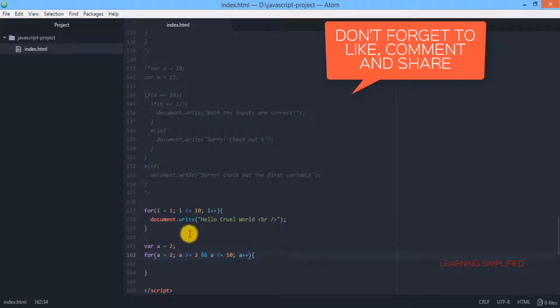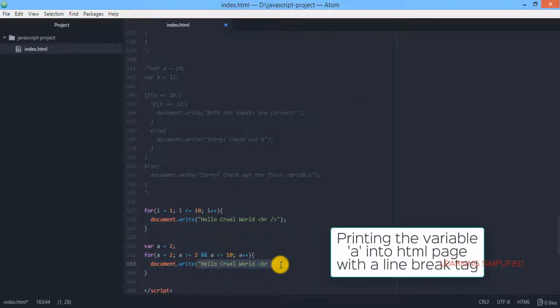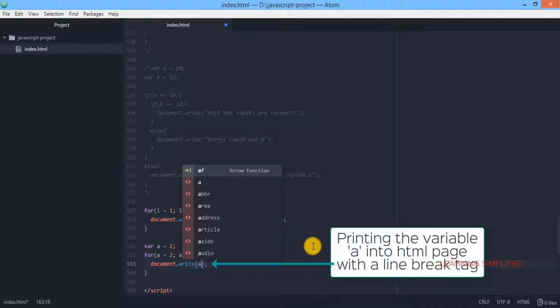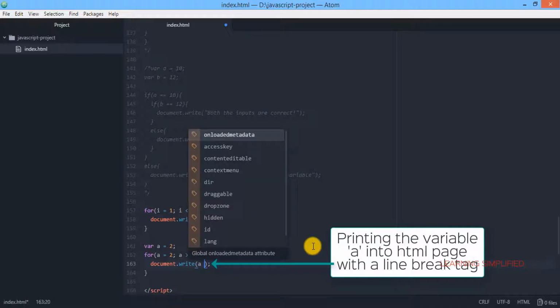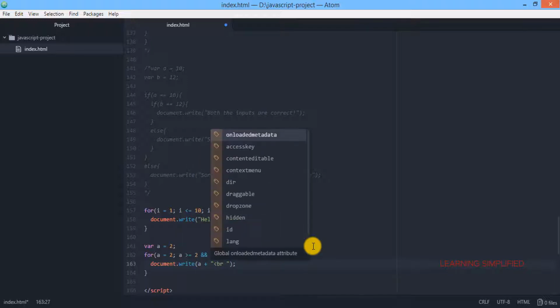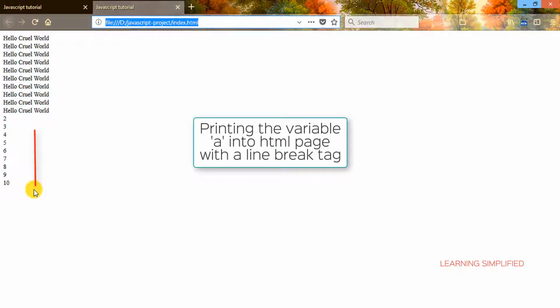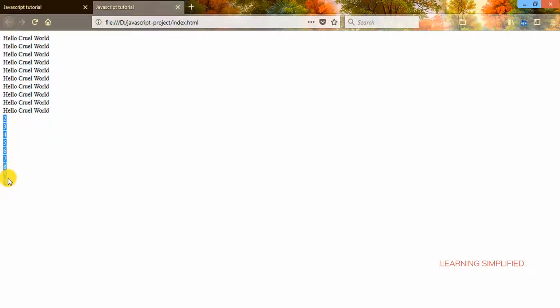So this is the condition, and here we are printing a, and here we are concatenating it with a line break tag. So all we are doing is getting back to our project and reloading, and we can see that the values have been printed: 2, 3, 4, 5, 6, 7, 8, 9, 10.